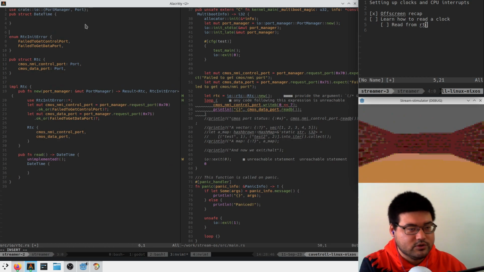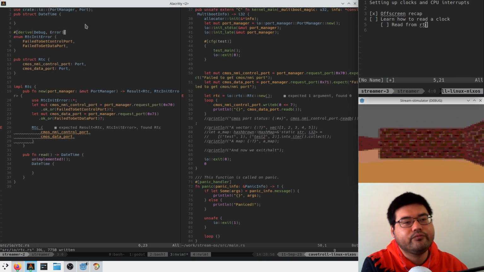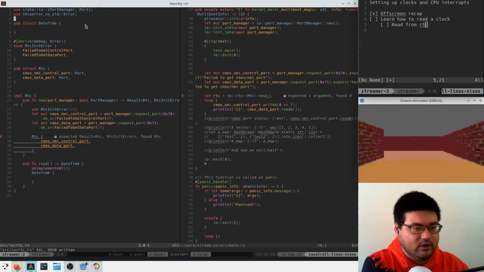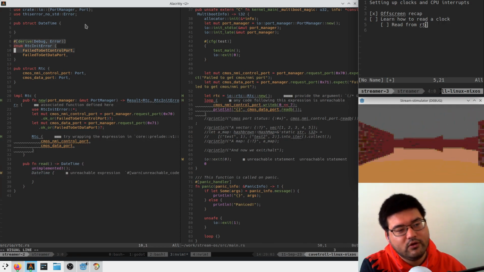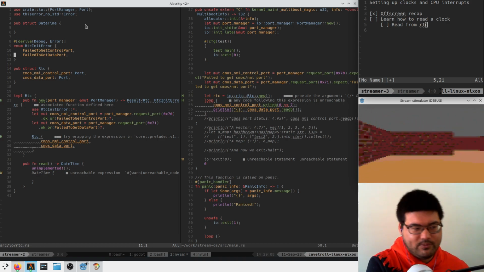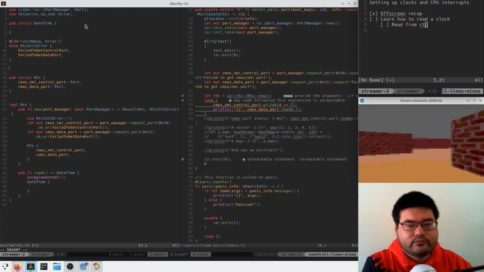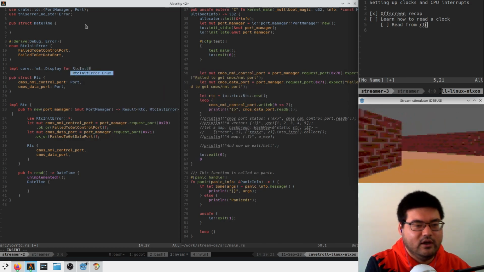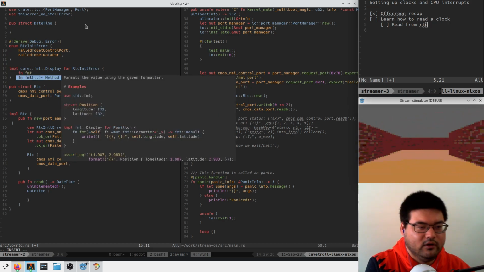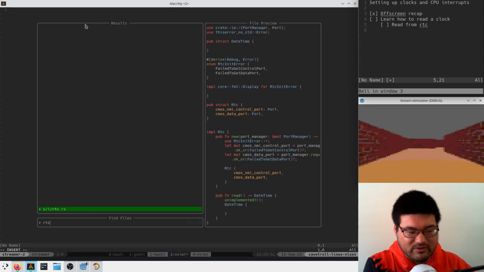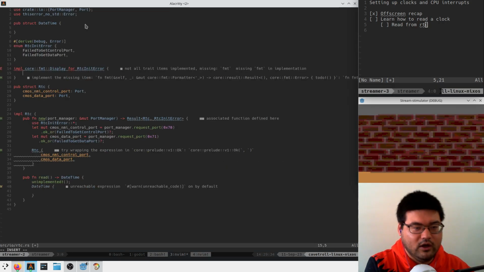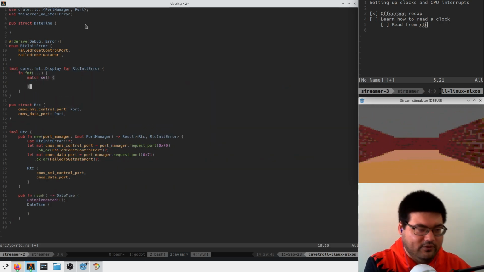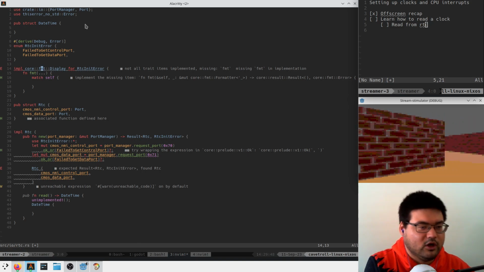Okay, and then what we usually want to do here is derive debug and error for it. So I'm using this error no std crate to basically automatically derive display and error types for this. I've done it by hand a bunch, and it's a pain in the ass. You basically have to define impl core format display for RTC init error, and this ends up having a function display or maybe format. Crash language server. Restart. This usually ends up having a format with some stuff in it, and what you end up doing is you write this big match statement, and then for each one you copy paste these down,